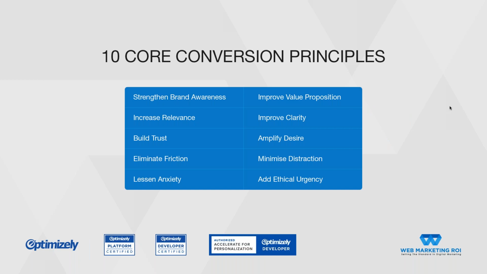Another thing you can do, as I said before, is methodology. Now, I'm not going to give away everything there is to know about our key methodology in this webinar, but this is one of the key parts of our intellectual property at Web Marketing ROI, and it's an approach we've been very proud of. It's called the 10 core conversion principles, for improving your win rate and coming up with better test ideas. One of the things we noticed back in 2011 when we first started doing this was